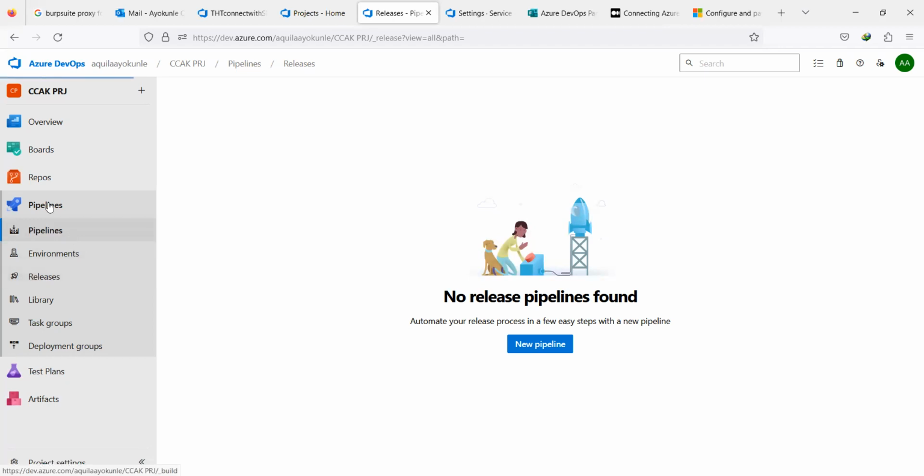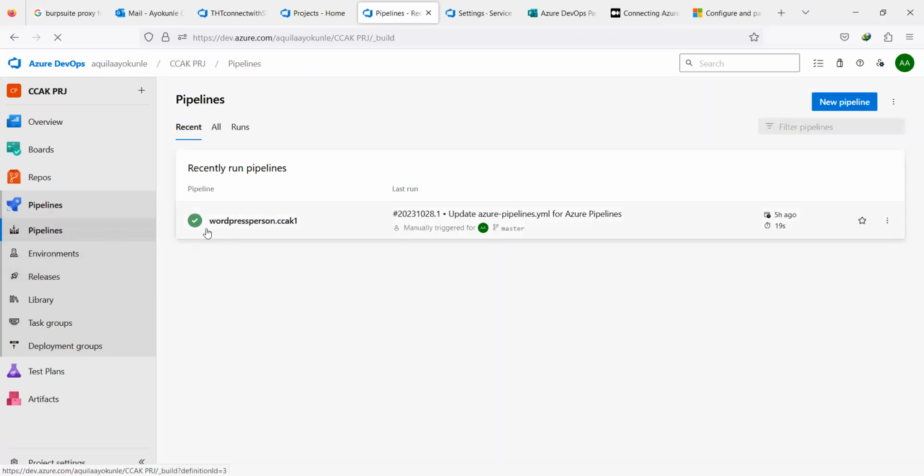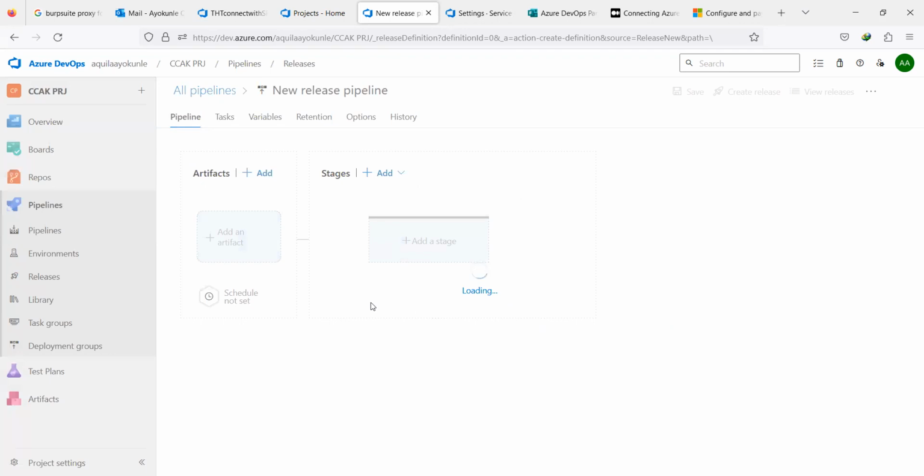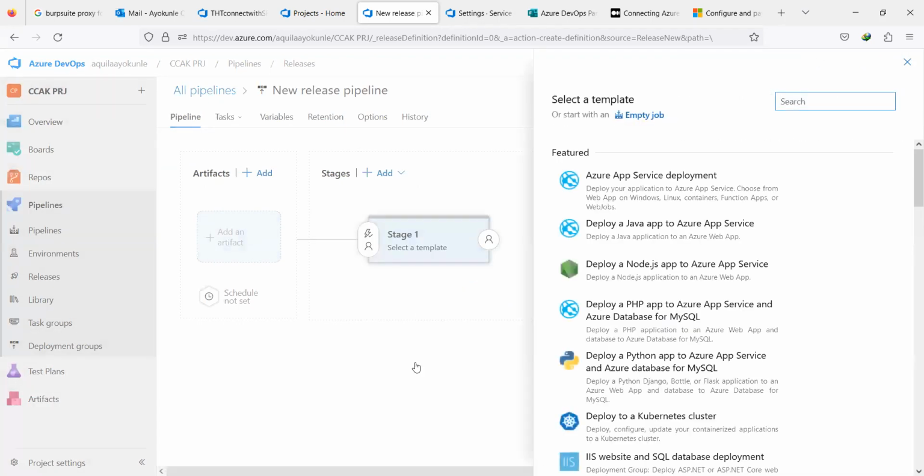So over here, you can see that we have a successful build pipeline. So now we want to set up our deployment. So I clicked on release, and one thing I will say is that for this particular lab, I wouldn't be showing